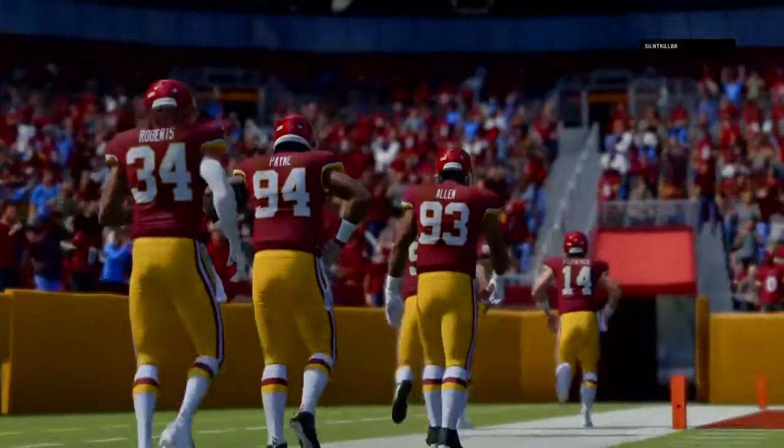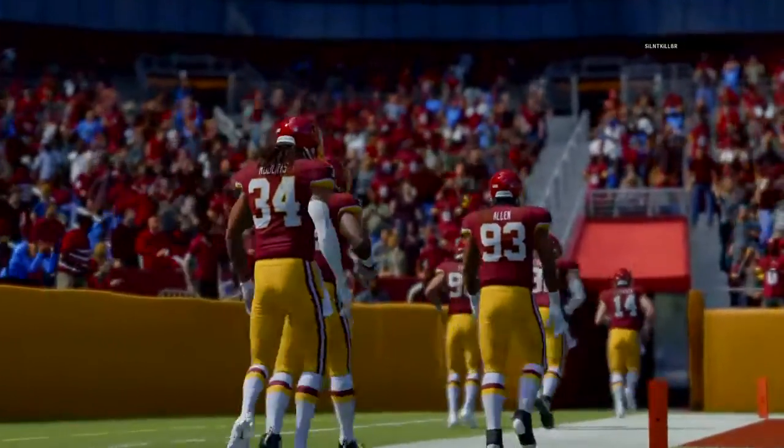So for the Chargers, it was a hard-fought game, and they'll exit 1-0 as they